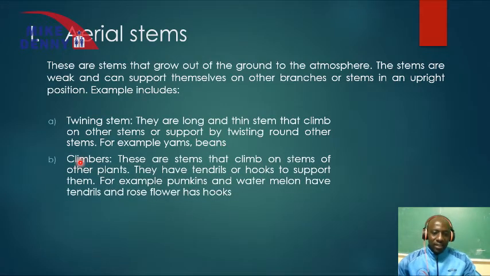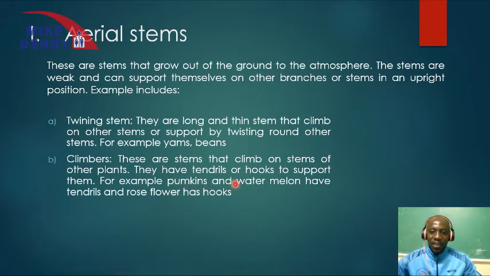We have climbers. The climbers here, we say these are stems that climb on other stems of other plants, and they have tendrils or hooks to support them. For example, we talk of pumpkins. Talk of pumpkin leaves. You see the way it grows. It tries to attach itself on other stem and is growing. It develops tendrils. It means it develops root-like structures that tend to go around, that tend to support it on